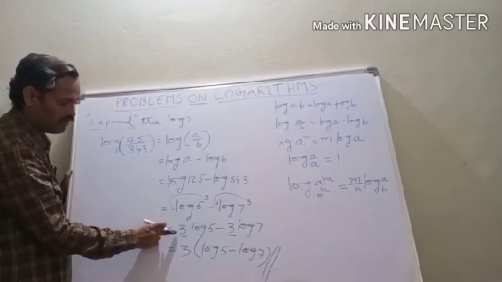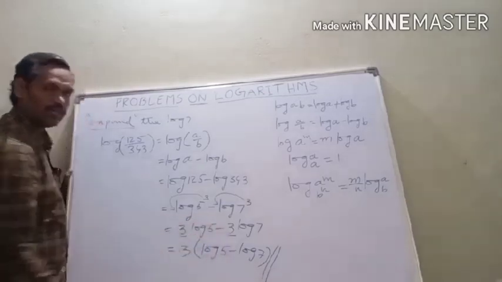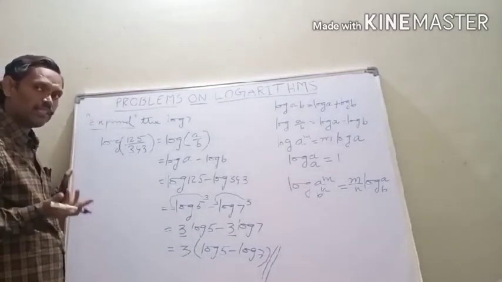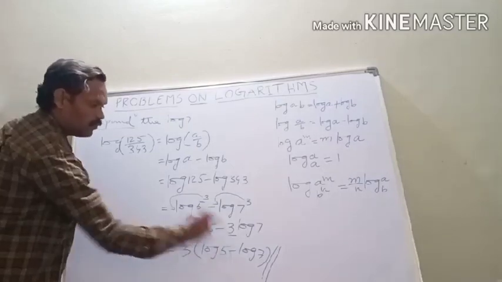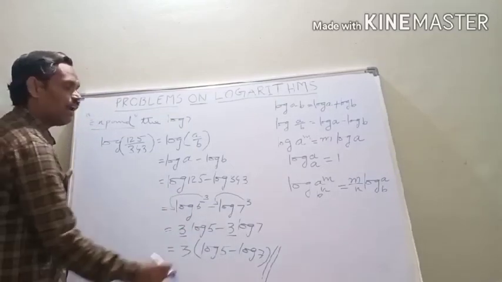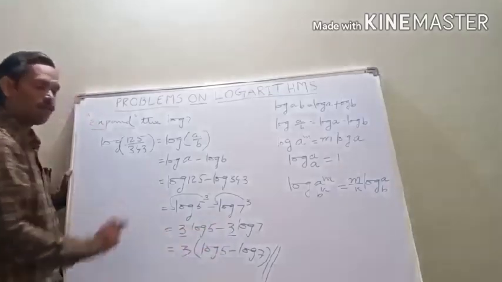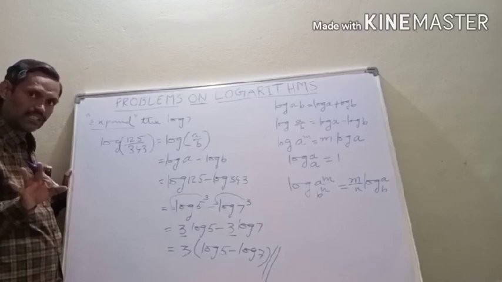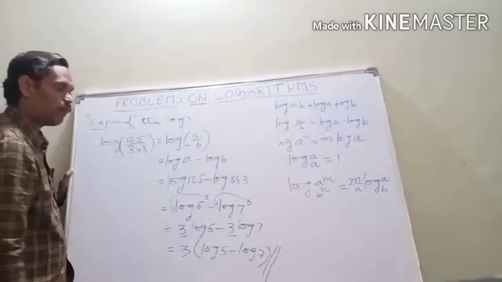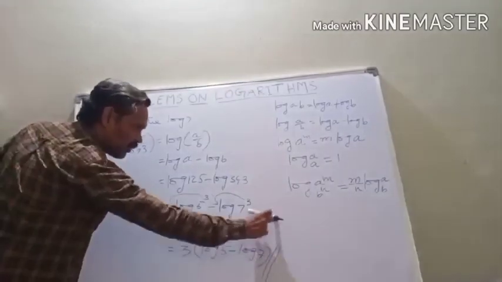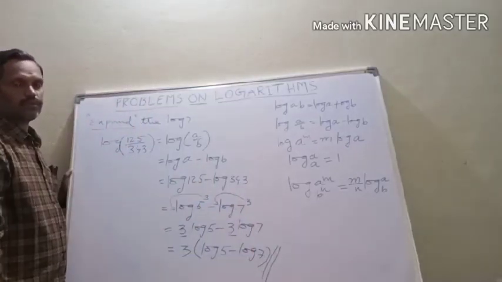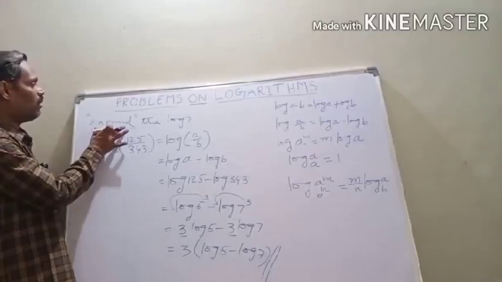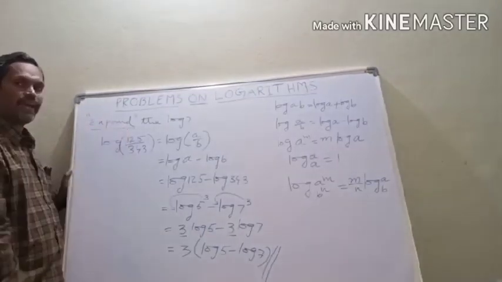If you have coefficient 3 here and 5 there, there is no chance to take a common factor. Unfortunately, in this problem, we get the same coefficients. That's why I can take 3 as a common factor. If both coefficients are different, there is no chance to take a common factor. The problem will end here only. Okay, is it clear? So one thing you have to remember, whenever you find the question word expand, the log